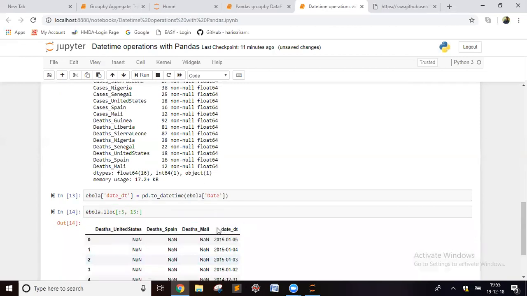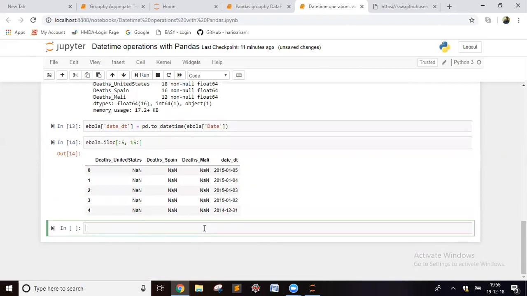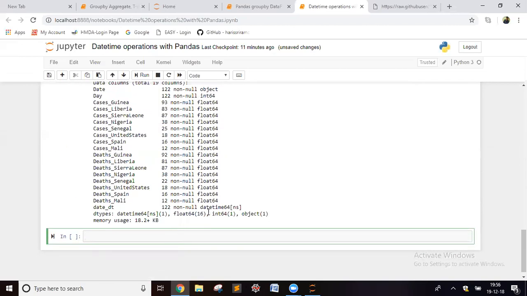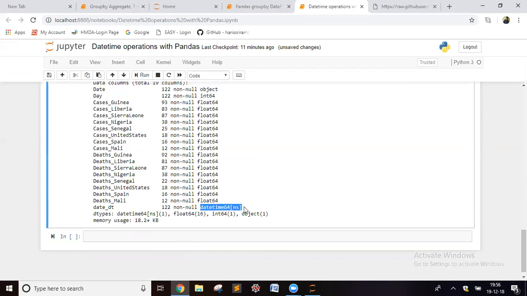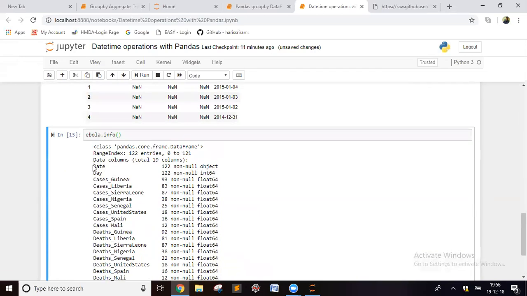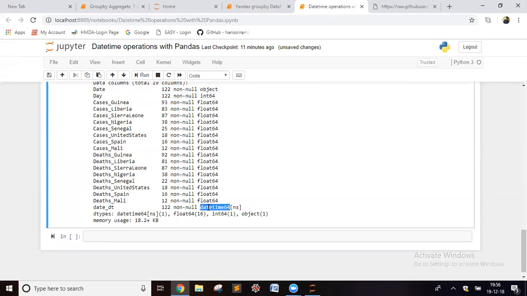So we just generated this date_dt. Now if you observe, what is the type of this? Let's say ebola.info again, the method. Then it's going to tell you it's purely datetime formatted. So we clearly converted this particular date to purely datetime format, so we can access it more conveniently according to the dates, years, months, whatever it is, right? So what I can do right now, see,